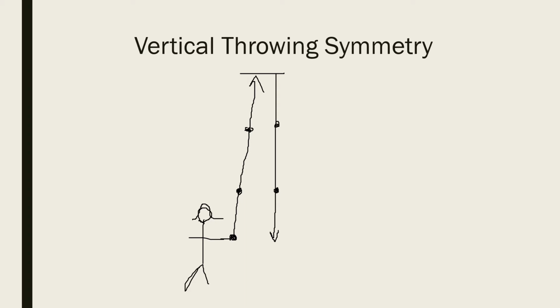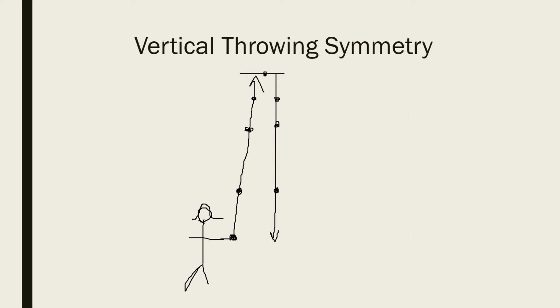I want you to see the symmetry that exists in vertical throwing. In the physics classroom, they said round gravity to the nearest whole number. Okay? And we are going to get to a problem like this again, but I want to make sure you